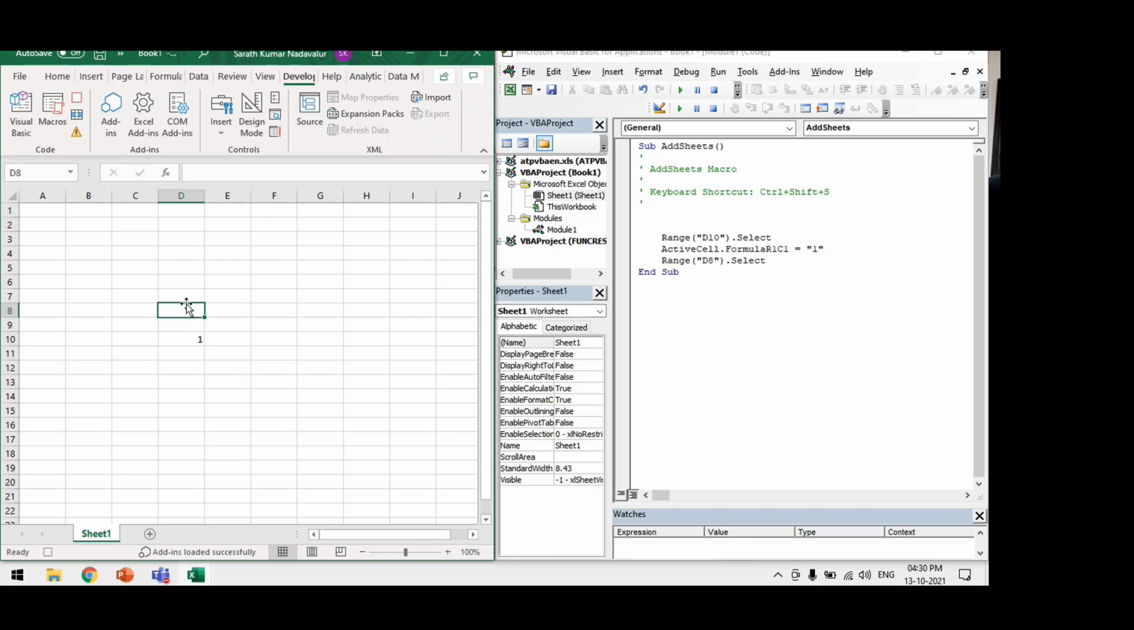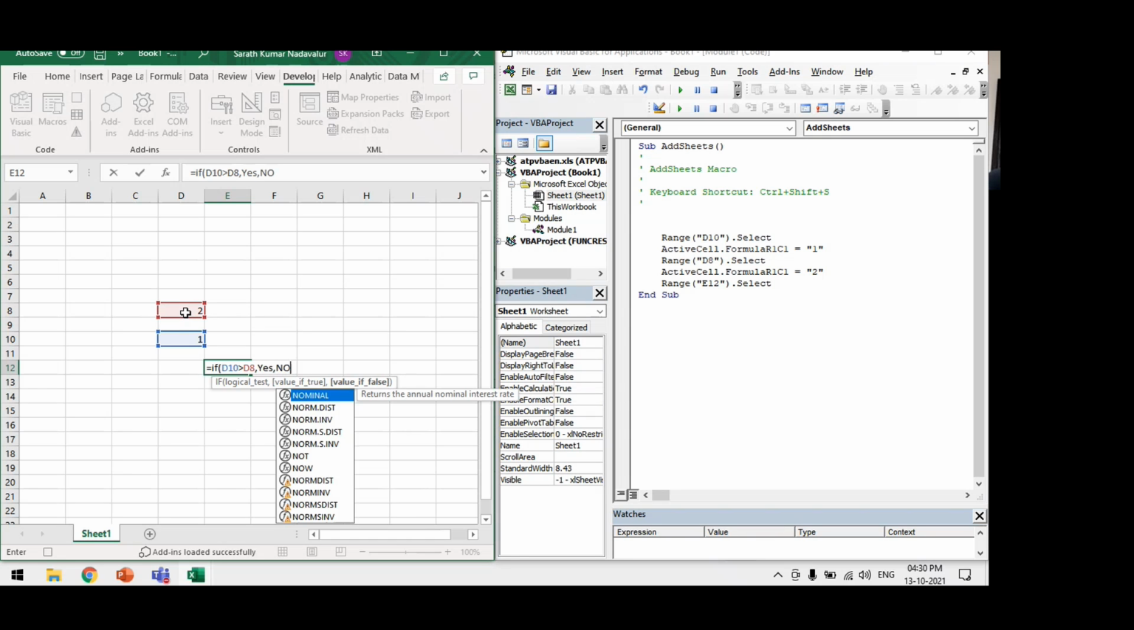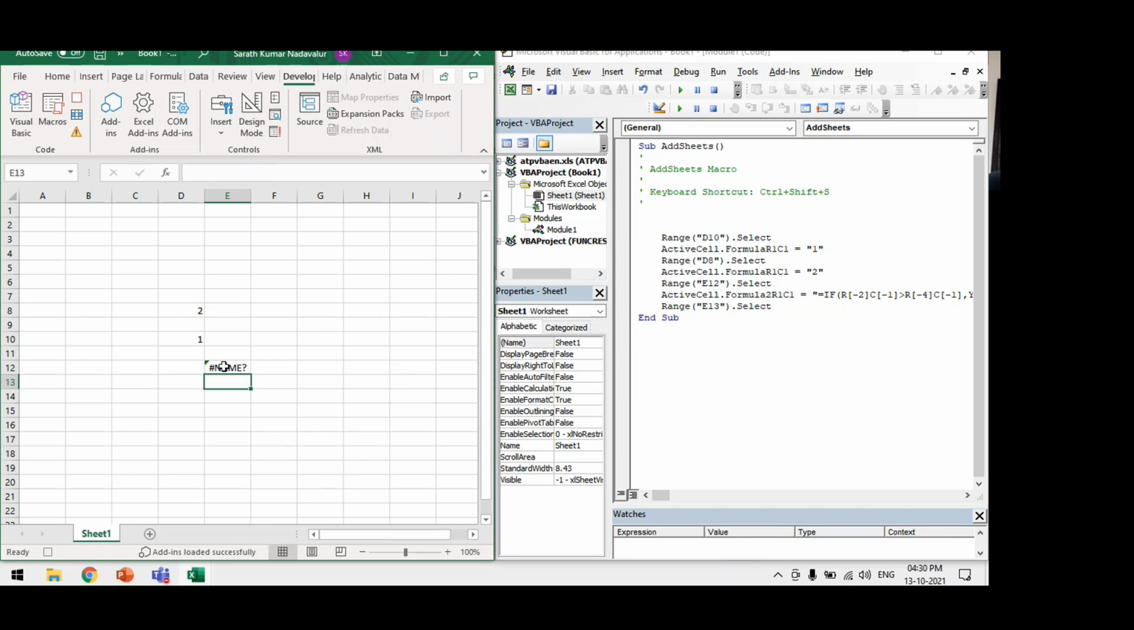The main thing is recording a macro doesn't do any logical thinking. It will just record whatever you do. That's all. If I want to check whether 1 is greater than 2 or not, it can't do that, because it only takes whatever you do here. If I write some Excel formula, if this is greater than this, then give S